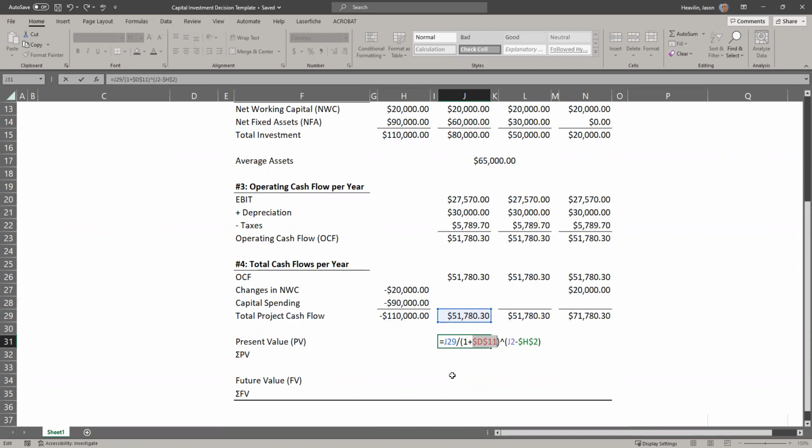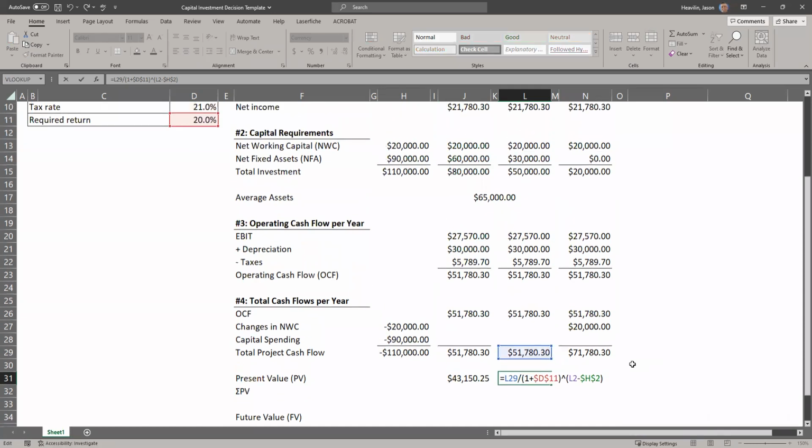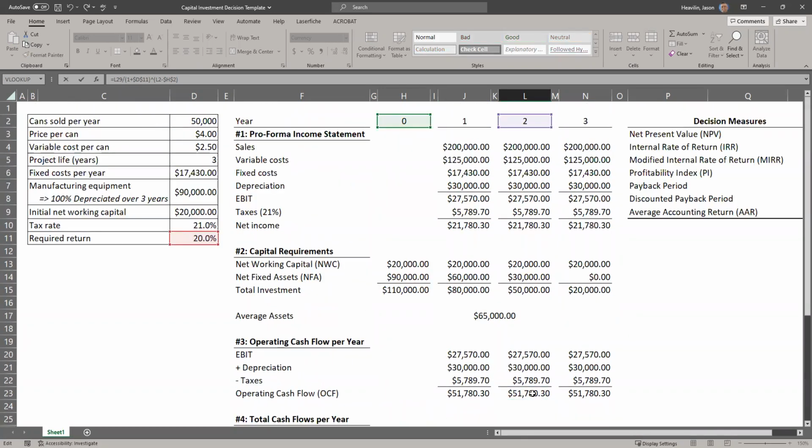And the reason I do that is because then I can copy and paste the formula to make my life easier. And if I did everything correctly, if I copy it and paste it here, I should get the right calculation. And as you can see, I get the cash flow of year 2